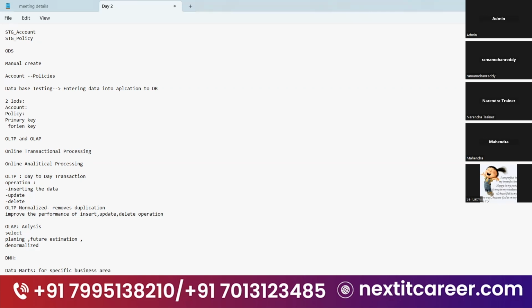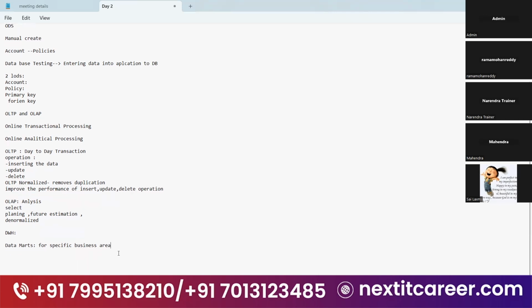Okay, specific to a particular business area. So what is a business area? What is meant by business area? Something like, if we take an insurance company, they will have